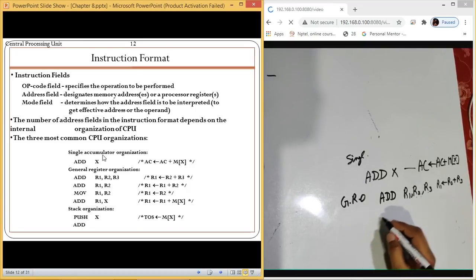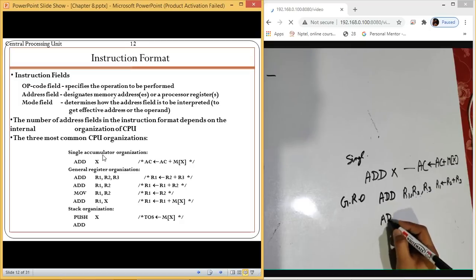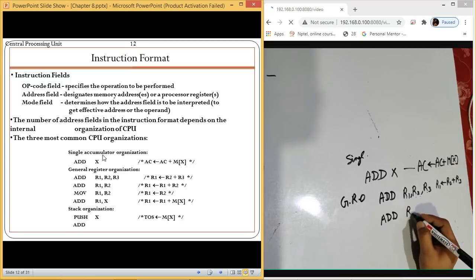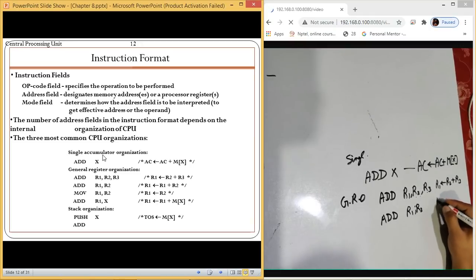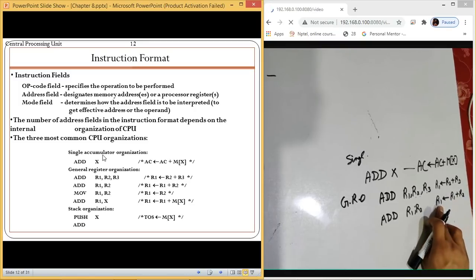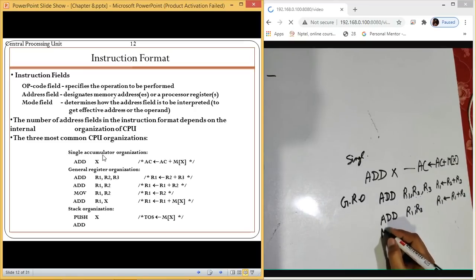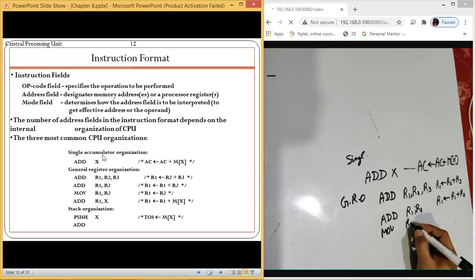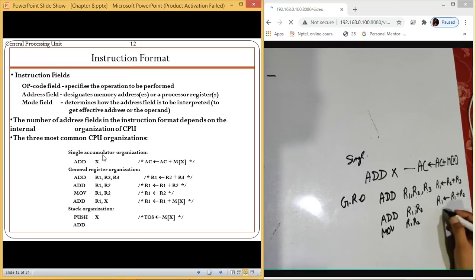Then if it is a two address instruction, it is like this: add R1, R2. Then add the value of R1 and R2 and store the content in R1. If we have move R1, R2, it means move the content of R2 to R1.